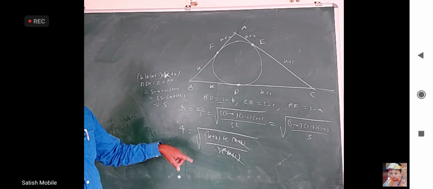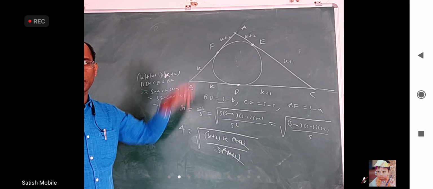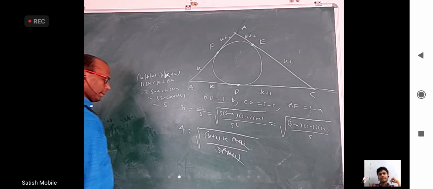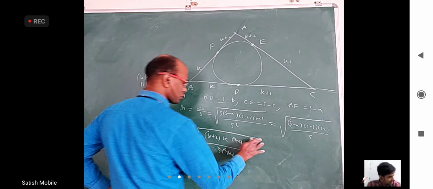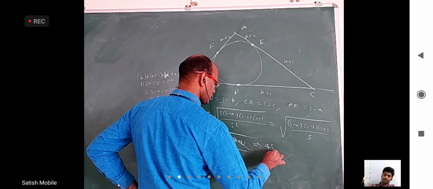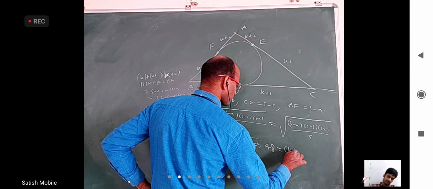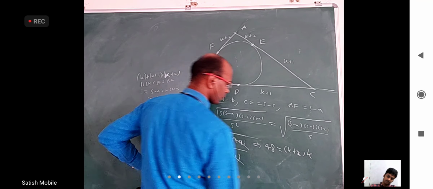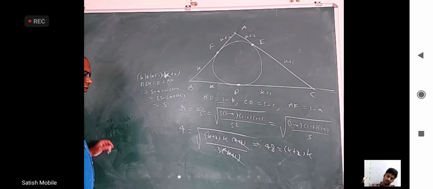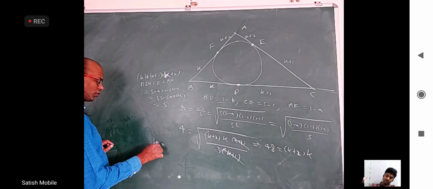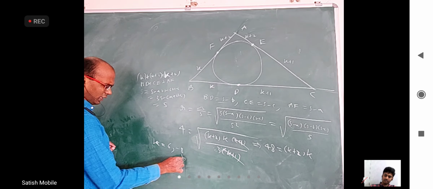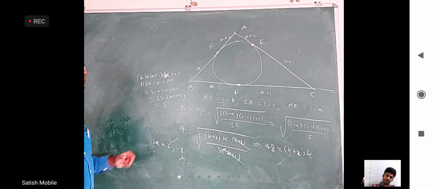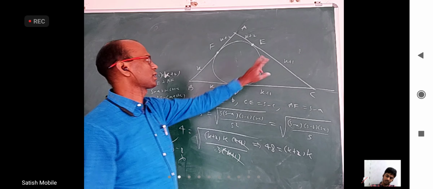From that we will get K value and put that K back, we will get all the lengths. So when I square it, this is 16 into 3, 48. 48 is equal to K plus 2 into K. That is a quadratic equation. You can easily guess 6 into 8 is 48, so K is 6, or you can take minus 8. We're not going to take negative numbers, so we'll take K equal to 6. So basically these two are 6, 6, 7, 7, 8, 8.